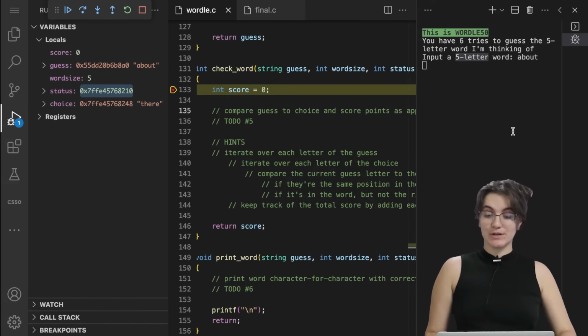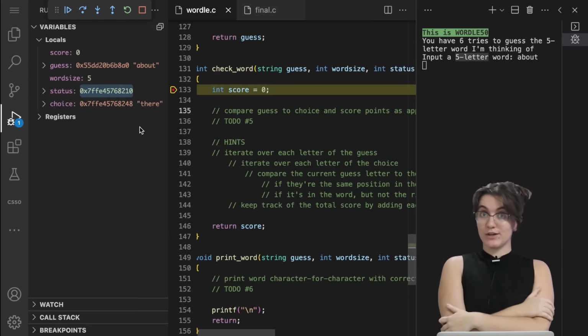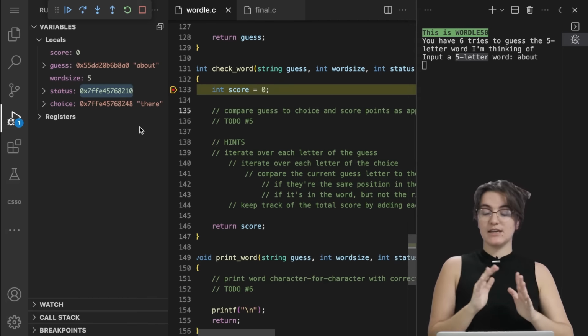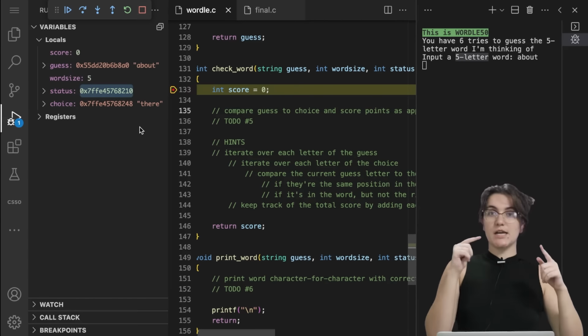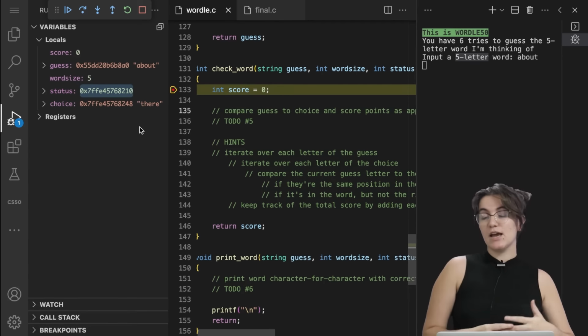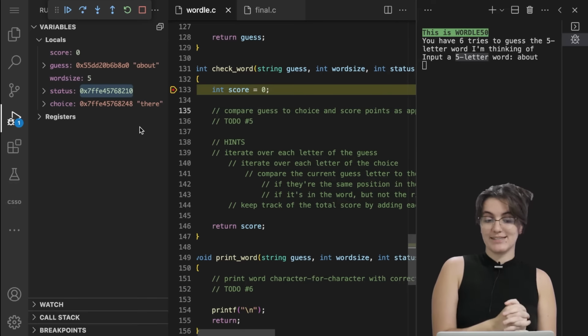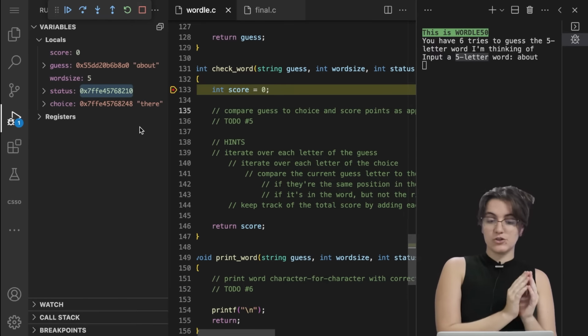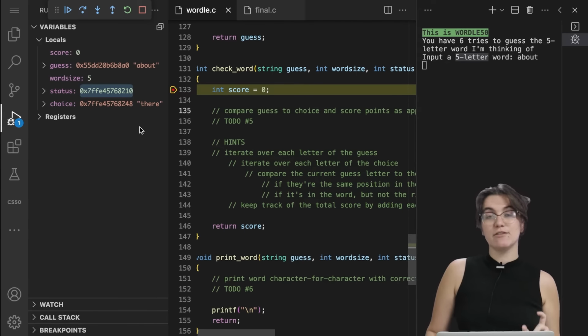Basically, here in the check word, we're gonna loop through each letter of our guess. So here, for example, A, and we're gonna loop through each letter of our choice. Okay, so we're gonna loop through T, H, E, R, E, and for the guess A, B, O, U, and T. Okay, so we're gonna loop through each letter of our guess. Then we need to loop through each letter of our choice, and we're gonna check if that letter of our guess is in the same position of our choice. So, for example, if we had A in the first letter for the guess and for the choice, we're gonna